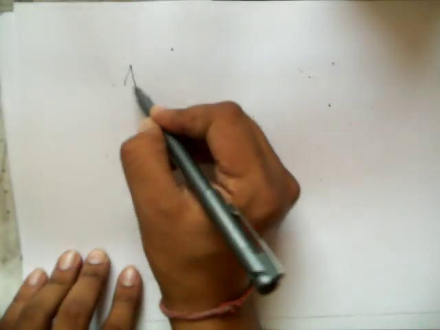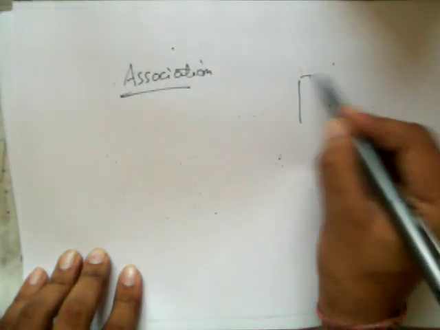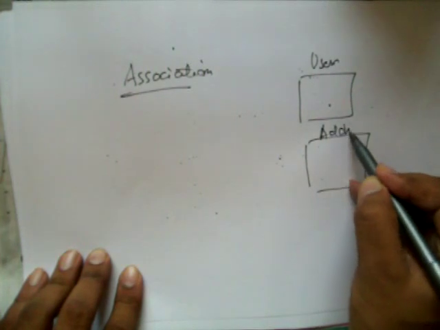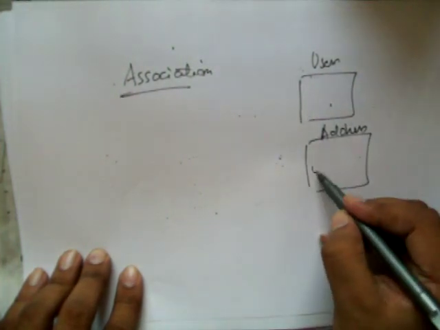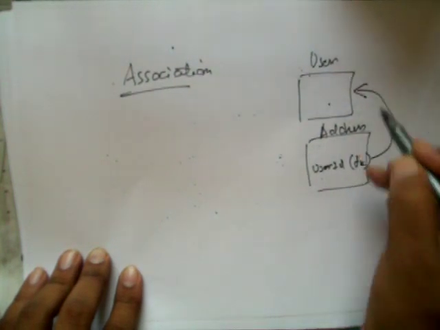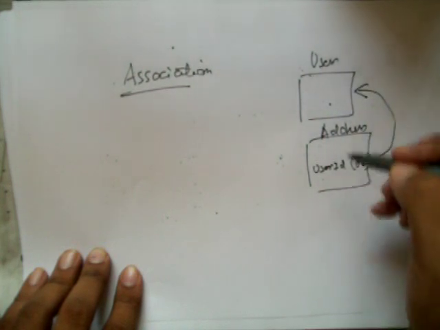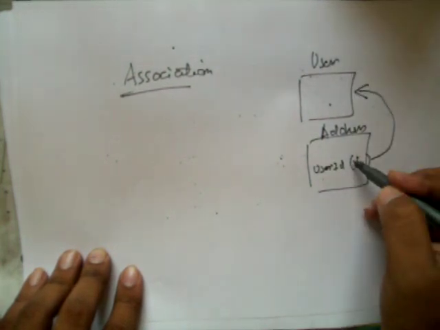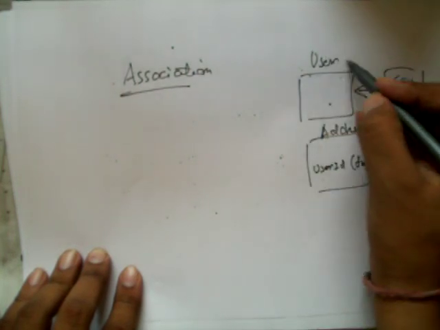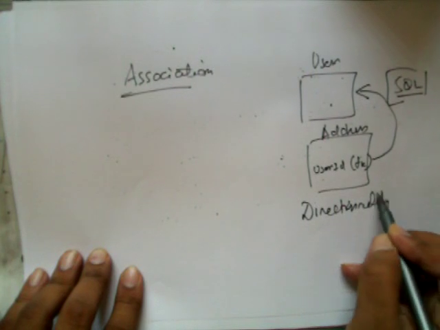Then we will look into association. In the relational world, let's say you have a user table and an address table, and in the address table we have a user ID which acts as a foreign key and maps to the user. Whether we want to get the addresses belonging to a user or the user belonging to an address, it's a matter of writing a SQL. There is no directionality involved in the relational world.